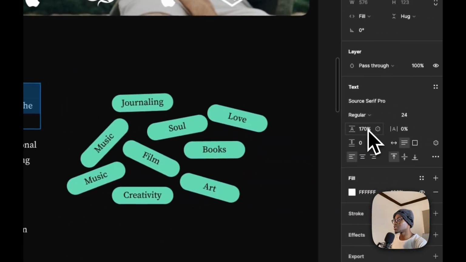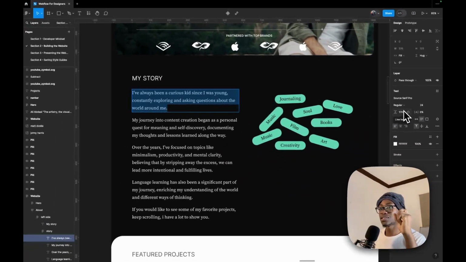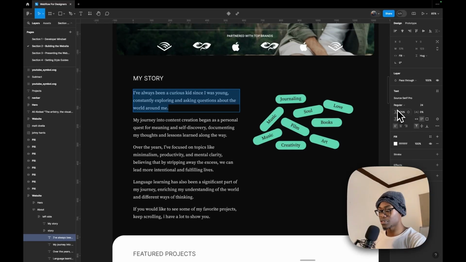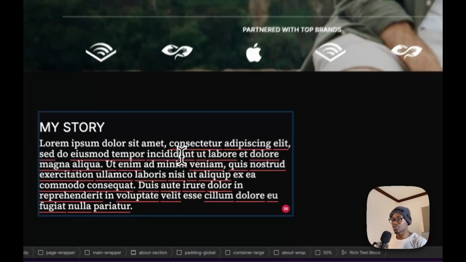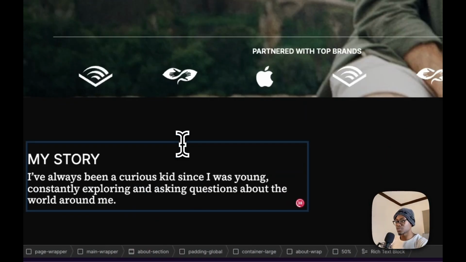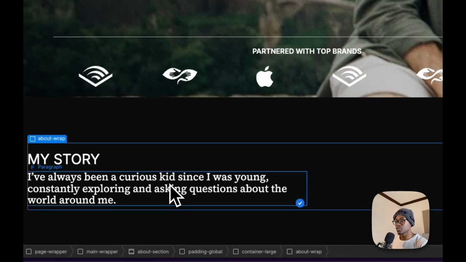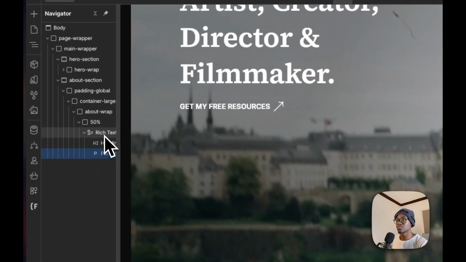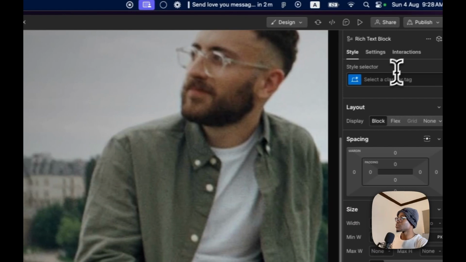If you notice, this 170% text line spacing is very neat compared to these ones that look very overwhelming. So I've always been a curious kid when I was young, so much fun. So what we're going to do now is that we might end up using it. So we're going to come over here to